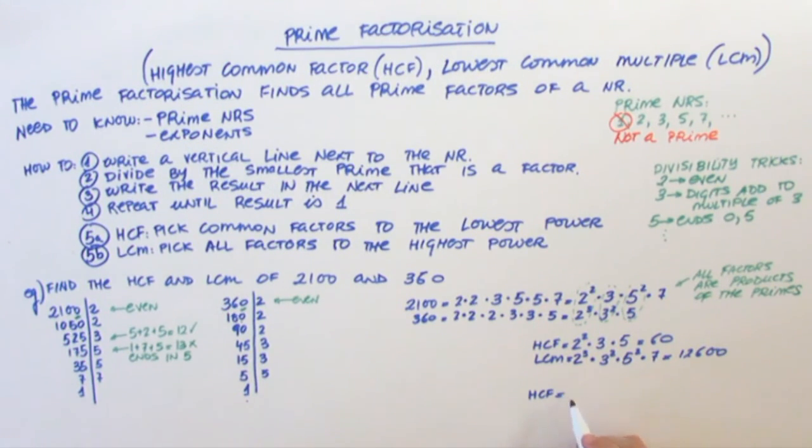So I can tidy at the end and give the solution all together. The highest common factor between 2100 and 360 equals 60, and the lowest common multiple between 2100 and 360 is 12,600. I box the answer so it's nice and tidy,